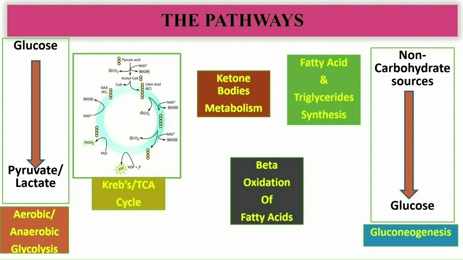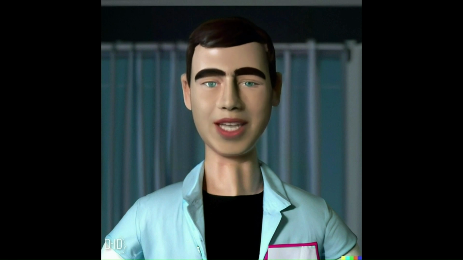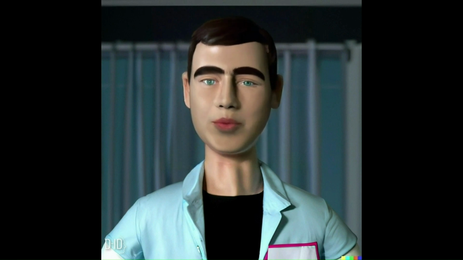These pathways must be tightly regulated. We do not want energy to be wasted when there is plenty. Neither do we want insufficient energy to be produced when required. How this balance is created is what we are going to discuss next. Which pathway is predominant depends on the state we are in, and on the dominant hormonal influence in each of